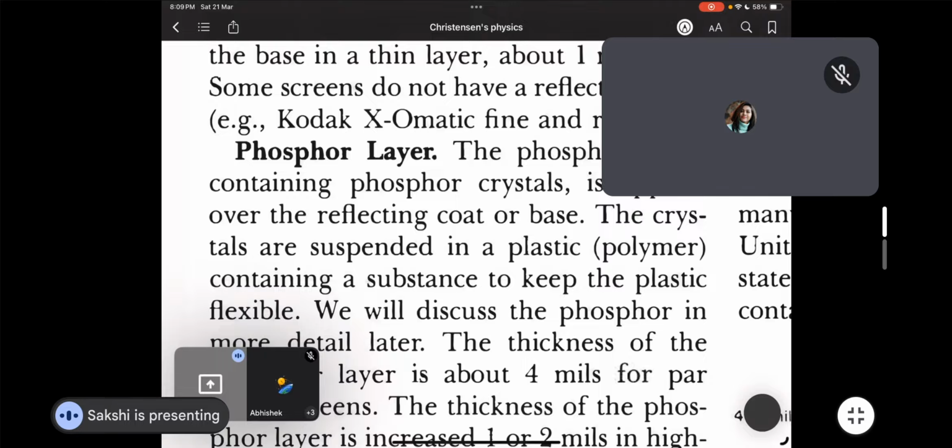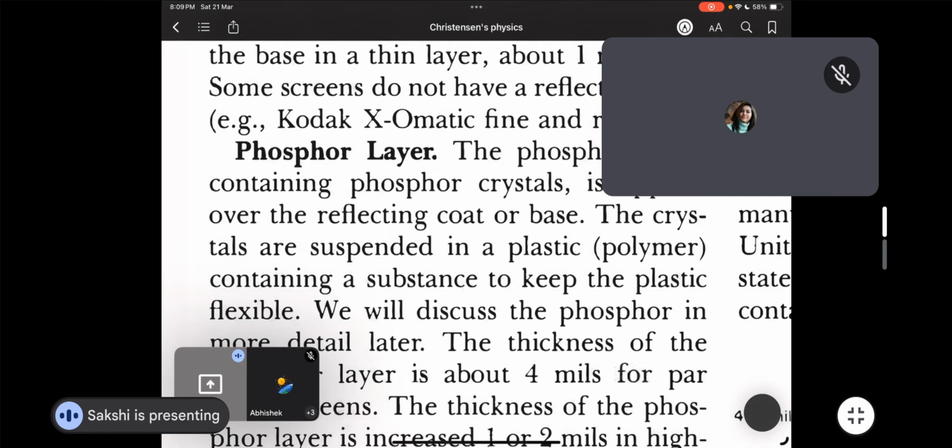And how will you do it? By pasting it on the wall in front of your table on which you are studying. The place wherever you are pasting it should be common, because if you spread everywhere, you will not be able to concentrate. So basically, what exactly is happening? These crystals will be suspended in plastic polymer. Obviously, there has to be some material which will keep these crystals, because these are in the form of crystals, right? So there has to be some material which will keep it accommodated at a particular place.